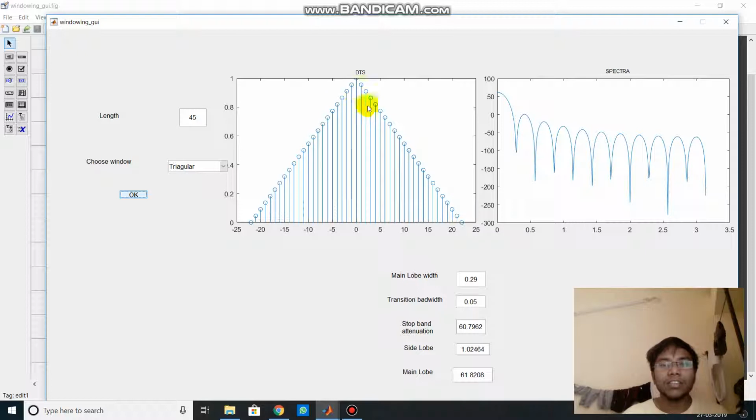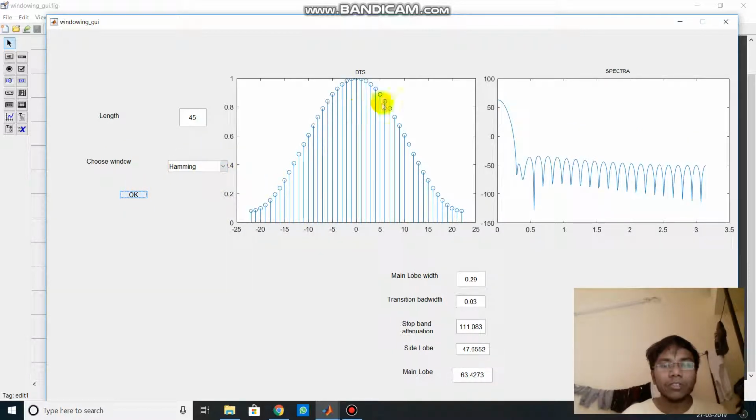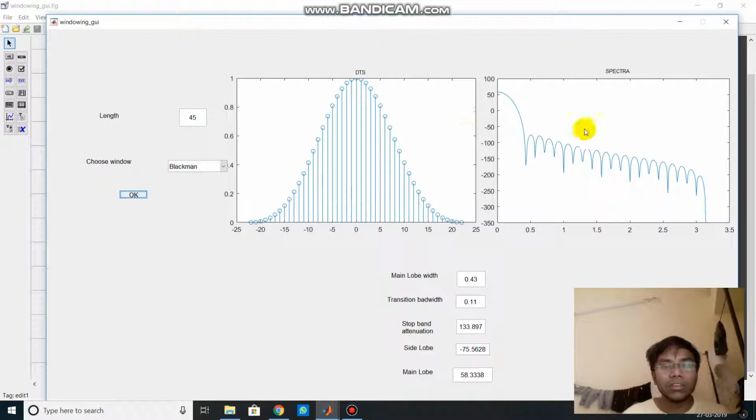You can see the change of the signal and its spectra, and similarly we can calculate for every type of window. Let's see the Hamming window. So you can see a Hamming window and its spectra over here, and you can also see the Blackman window, which is similar to the Hamming window, and you can see its discrete time series and the frequency spectra over here. Let's get into the